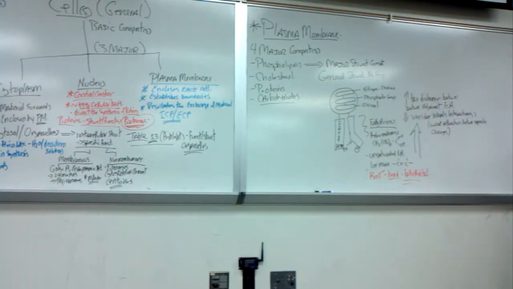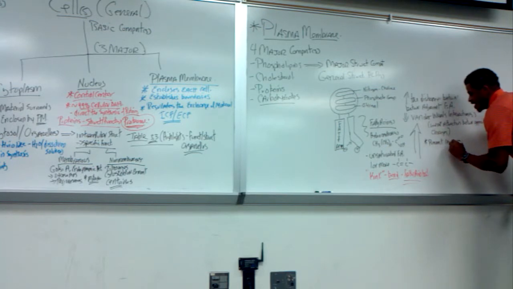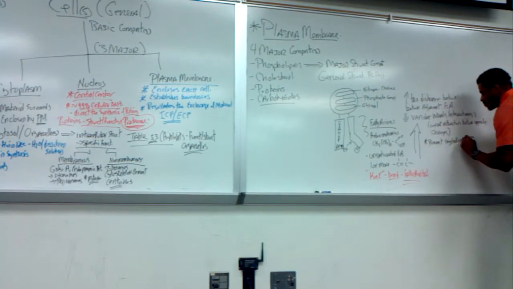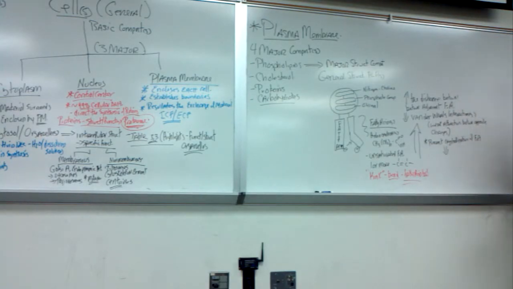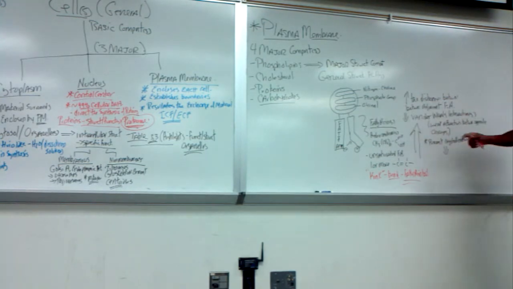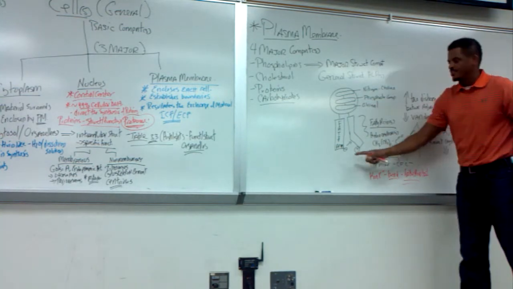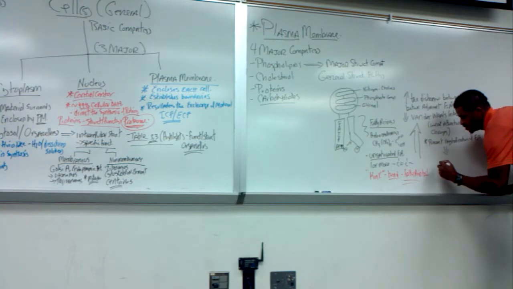we decrease van der Waals interactions, we prevent the crystallization of our fatty acids, and this allows the plasma membrane to be fluid-like in nature. So by having a large percentage of the fatty acid tails associated with the phospholipids being unsaturated, with a carbon-to-carbon double bond, increasing the distance between the different fatty acid tails, we decrease van der Waals interactions, we prevent the crystallization of the fatty acids, and therefore this helps to maintain the fluidity